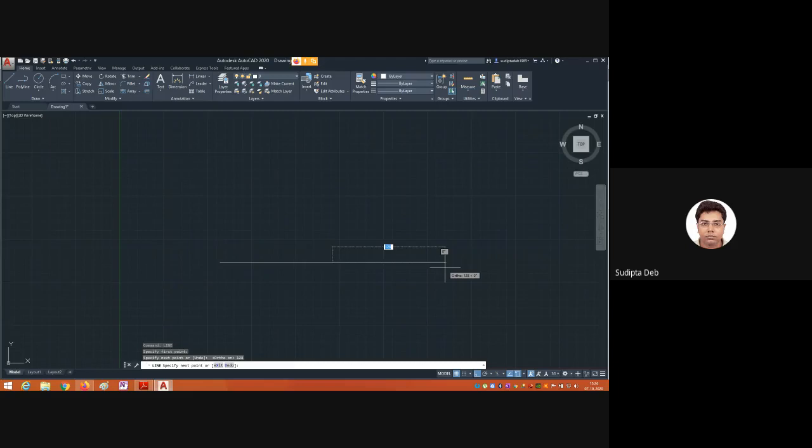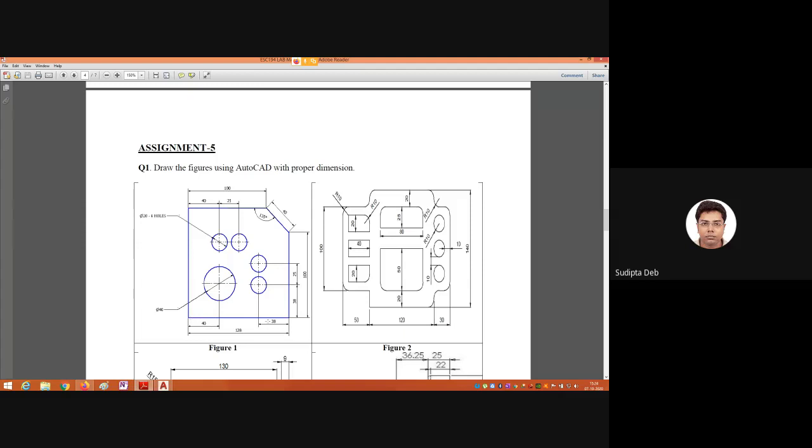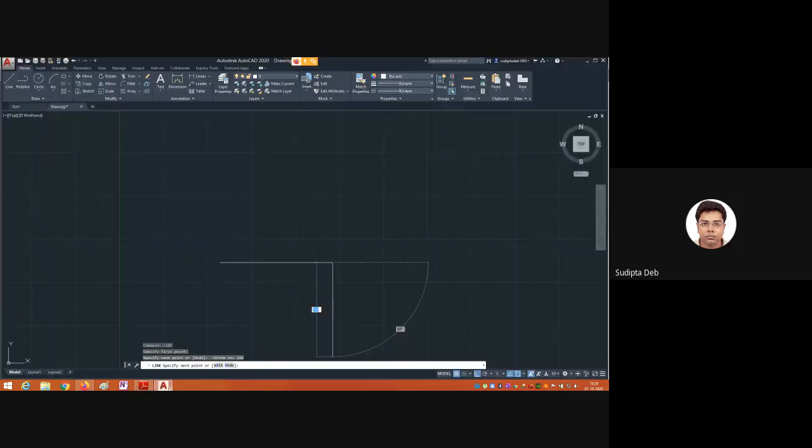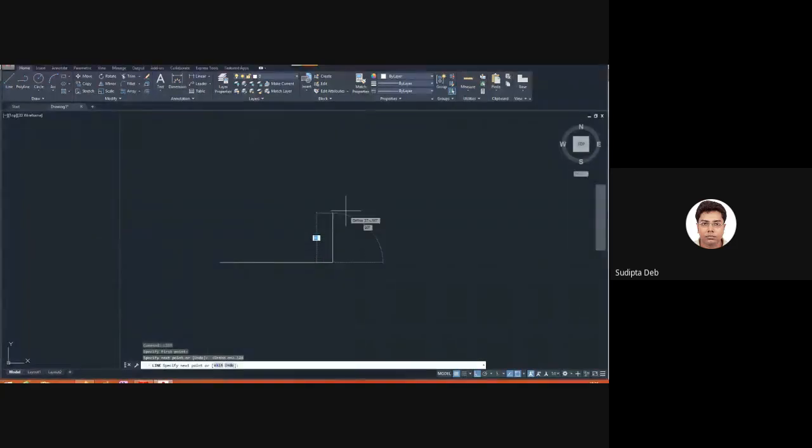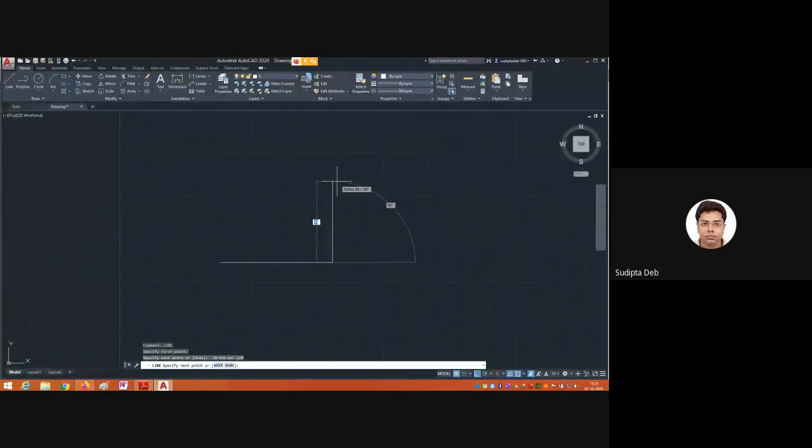Now I want to draw the vertical lines. Just let me show. I have drawn this horizontal line with 128. Now we'll draw the vertical lines. Now if I move my cursor here, the line is not going upward, just you see. But in the close section where the line has broken, from here if I move my cursor, it is showing in upward direction. Now in upward direction, how much is the dimension? 100 is given. So just you put 100, press single enter.